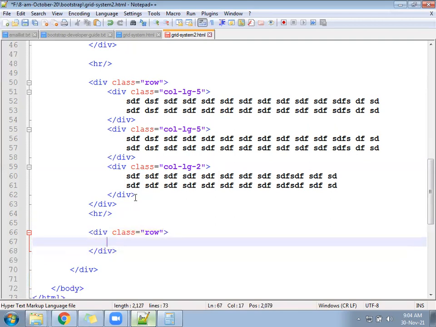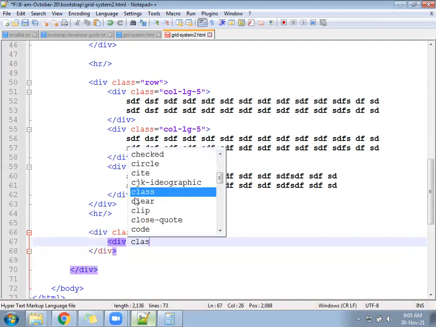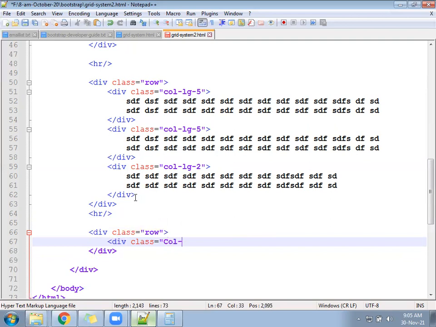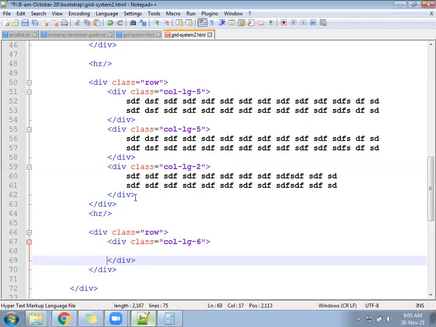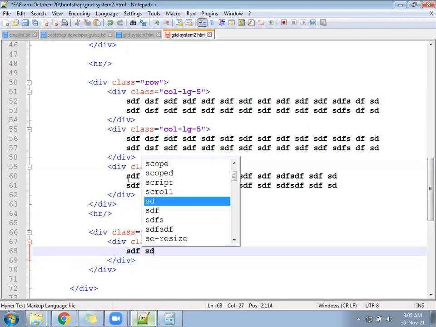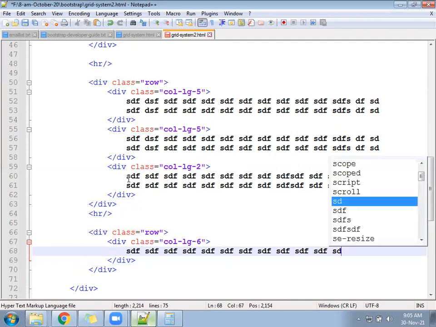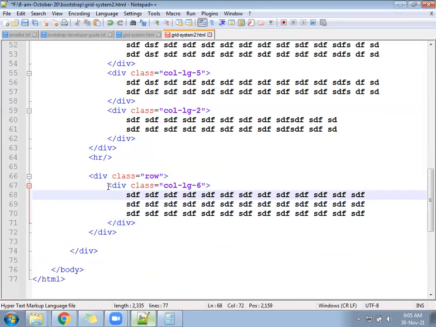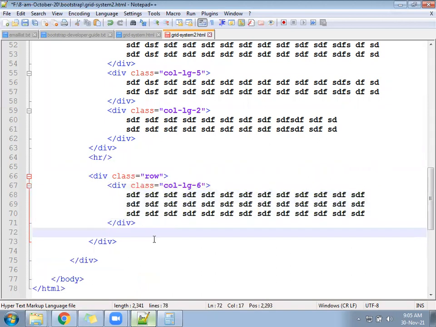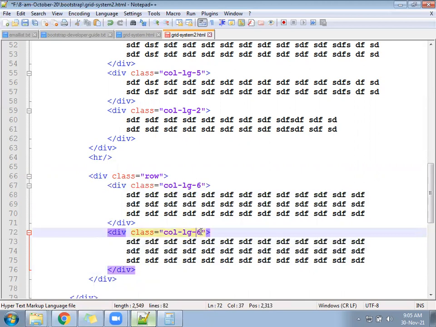Inside that, you will use a division with col-lg-6, and inside the 6 print something. Create one more 6 and print something. See how it is. Both are coming the same.